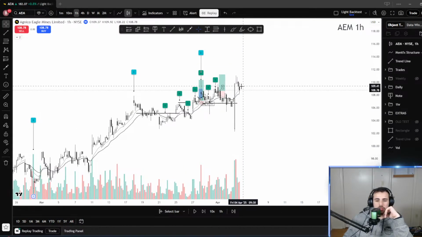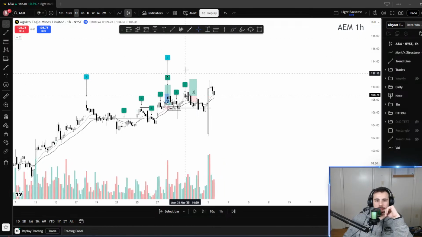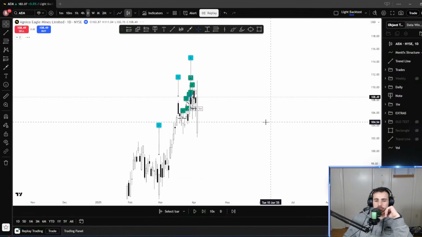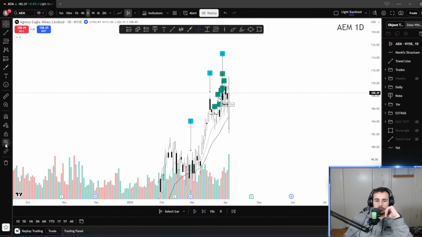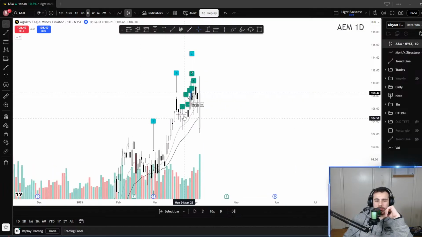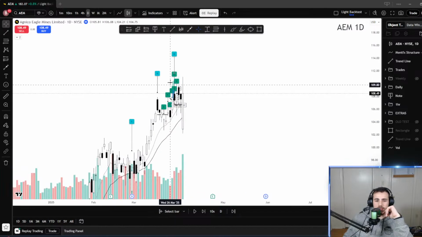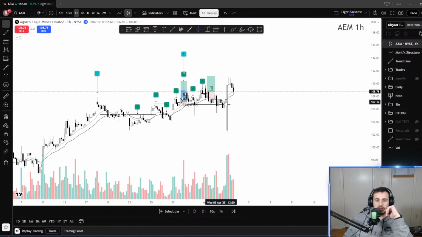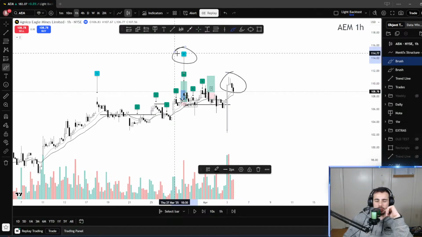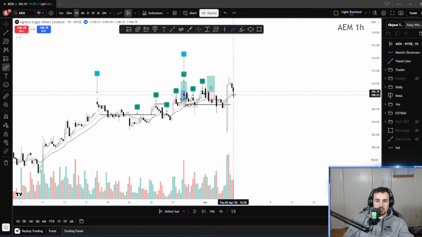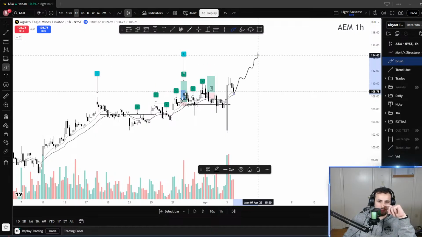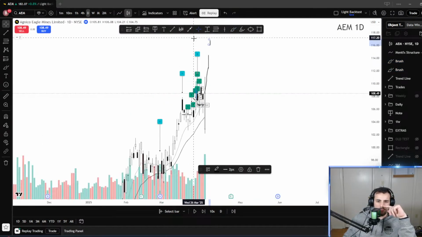To be honest, I'm not used to price action like this. So I might just skip out on this completely. What I think can happen is, yeah, this could be an extension. This point right here could be an extension of this second high. So price may still want to run it and create a third high on the daily somewhere up here.